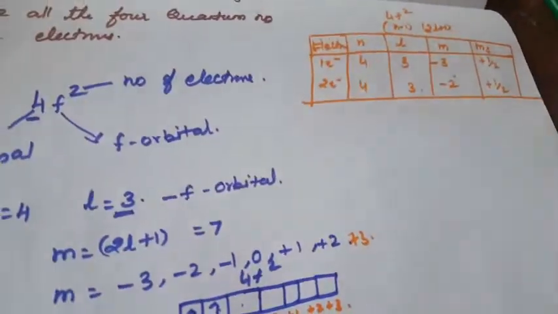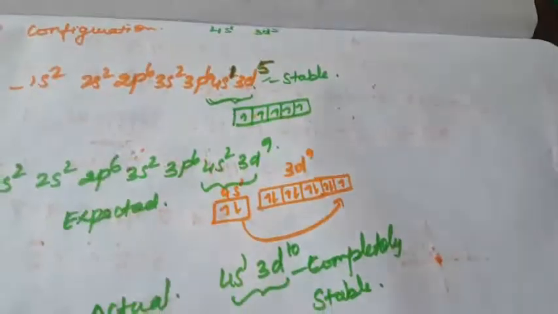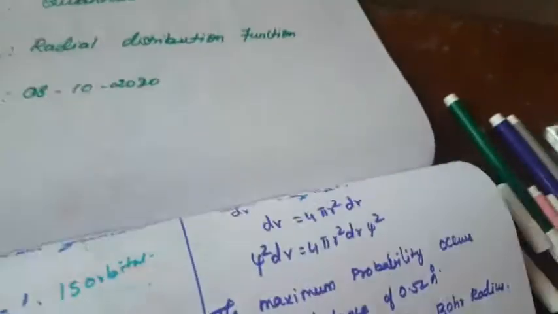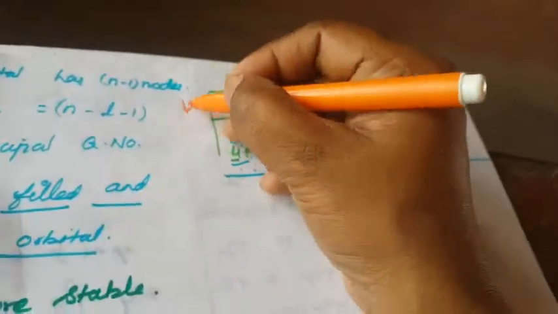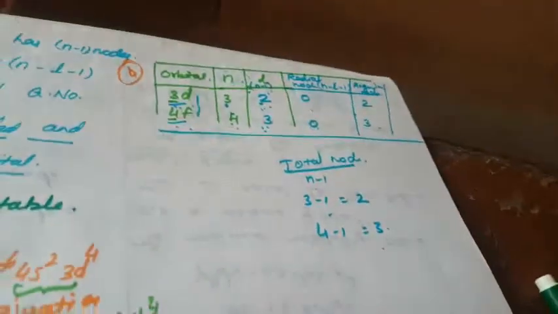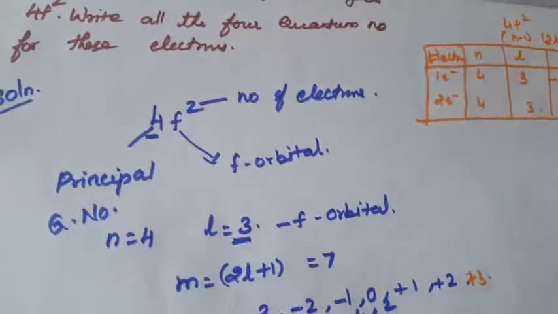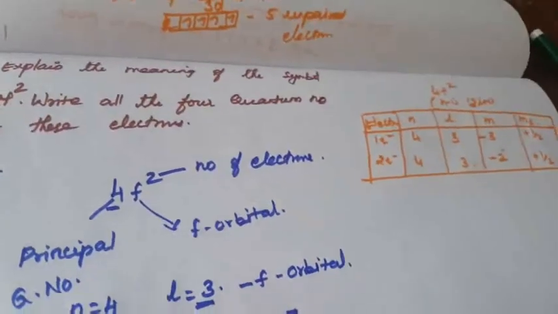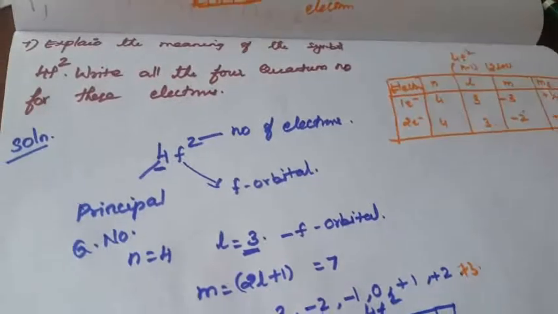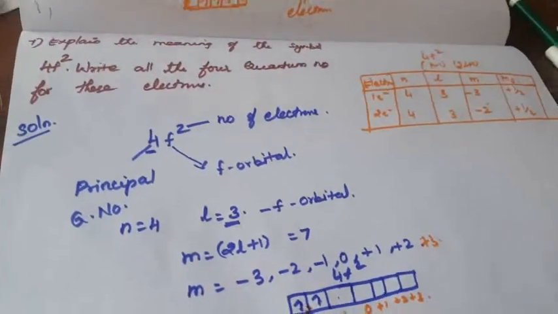This is Evaluate Yourself. I am sending the PDF. What are the Evaluate Yourself questions here? 1, 3, 4 are already written here. That is the 4th one, Evaluate Yourself 4. Then this is the 5th one, the next is the 6th one and the 7th one. All these questions you can copy down in your classwork. Okay, next video we are seeing the new lesson. Okay children, thank you.